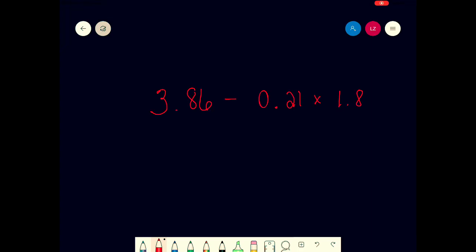Okay, hopefully you're back with an answer. So we have no parentheses, that's first. Exponents, there's no exponents. Multiplication or division from left to right. Okay, look, we do have multiplication. So we're going to do this multiplication problem first. We're going to do that separately over here. We're going to take 21 hundredths times